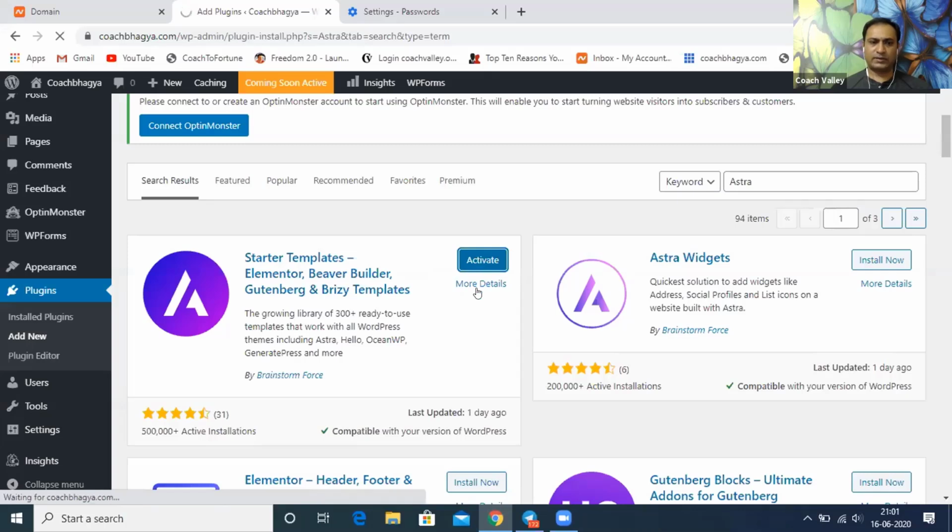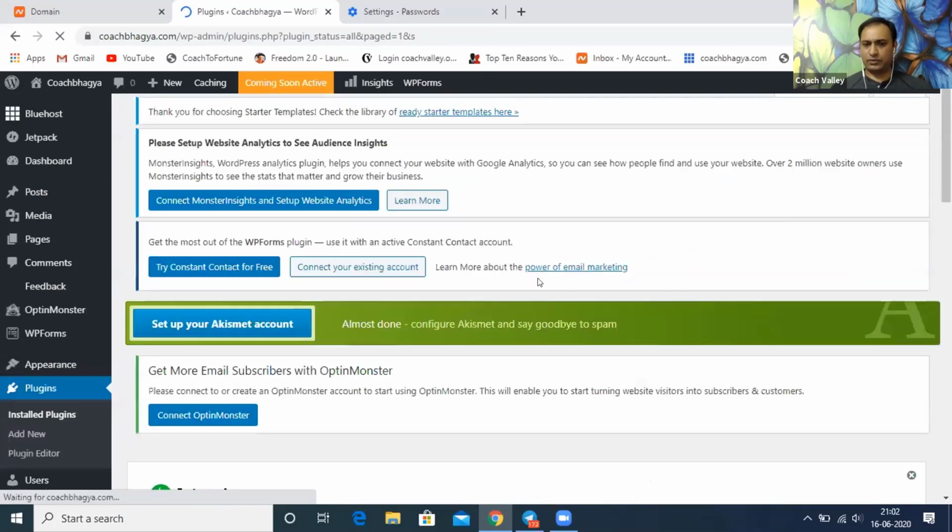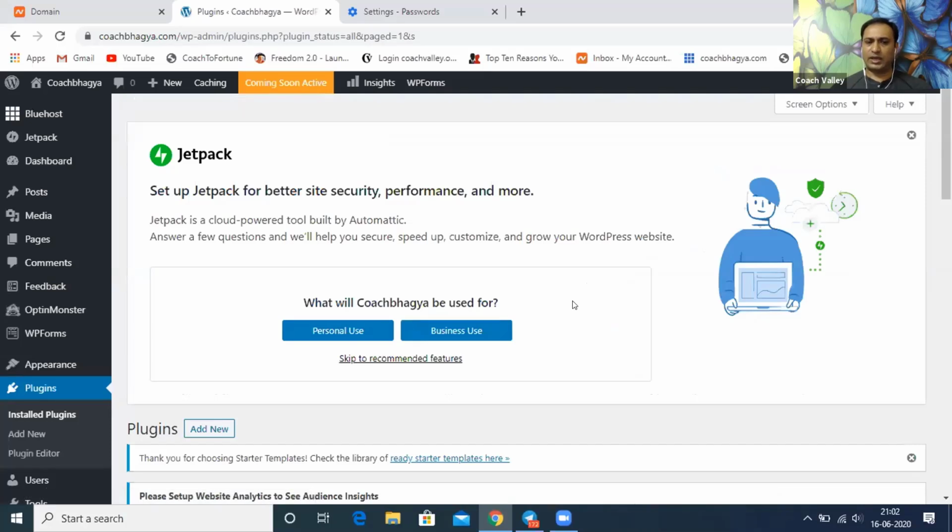Click on activate. Now, once you activate, what happens? Elementor is an editor, so now you'll be having two editors. One is the Elementor editor, and the other one is. Can you scroll down a bit, please?